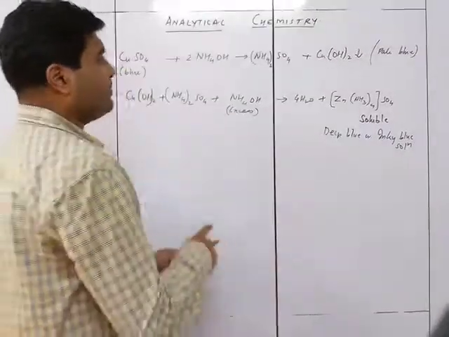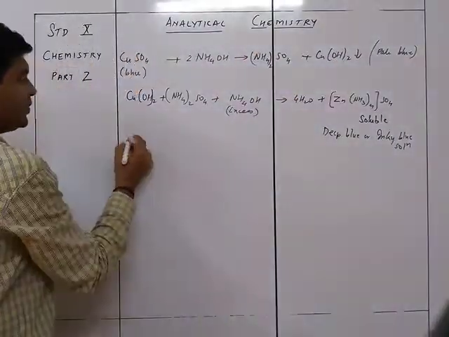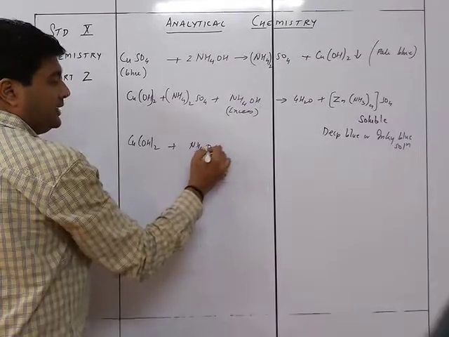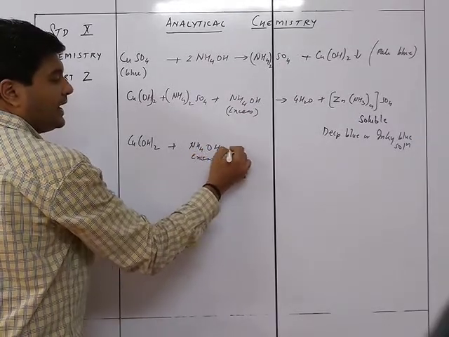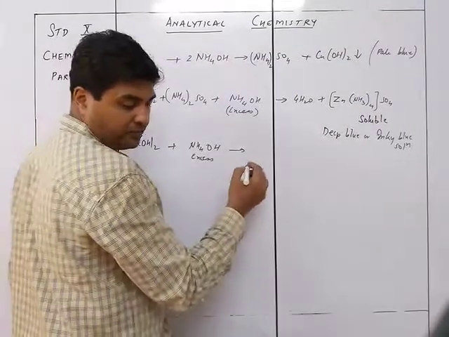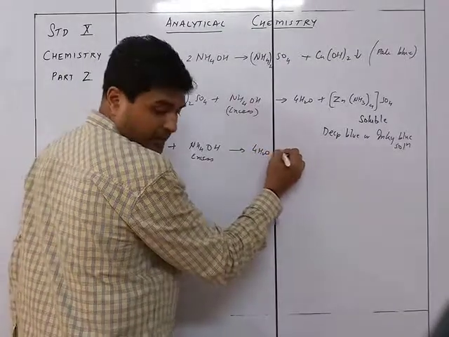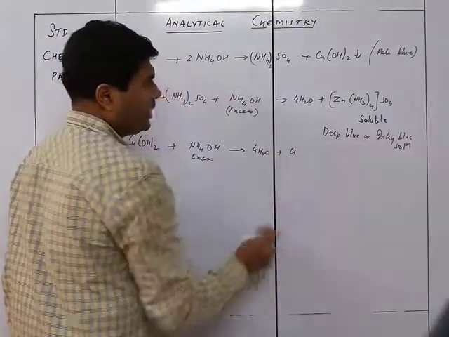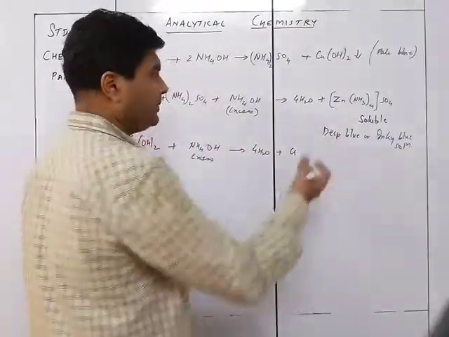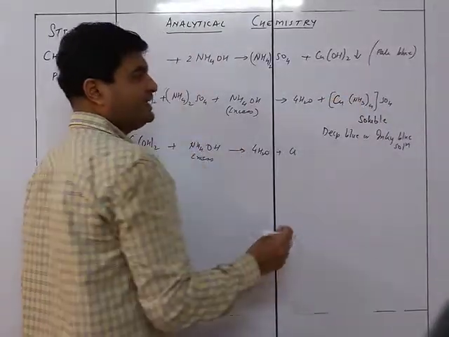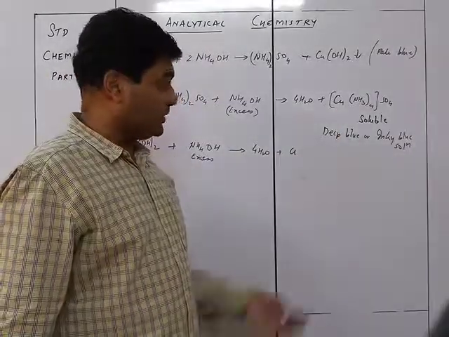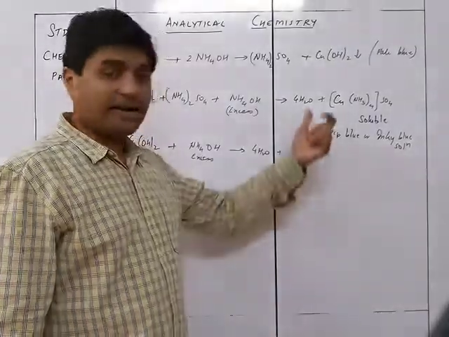Even if it so happens that I am not taking this part and only taking this part, so if I take over here just Cu(OH)2 and react with the excess of NH4OH, even then I am going to get the same kind of a resultant thing. I am going to get over here 4H2O plus... one second. Okay, I made a mistake, I just shifted up. Zinc, where did it come from? Cu. Okay, there is tetraamine copper sulfate, which is a deep blue color. That's why I thought, why I wrote soluble over there. Yes, fine. Colorless because I took that zinc part.